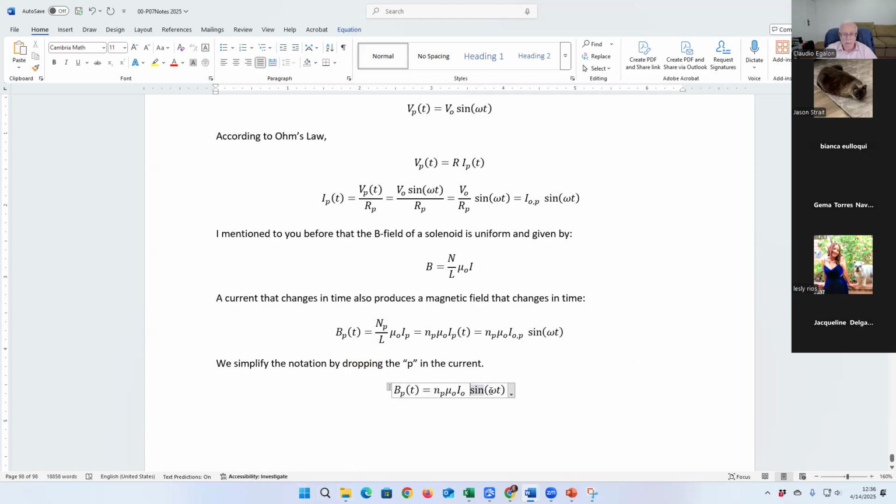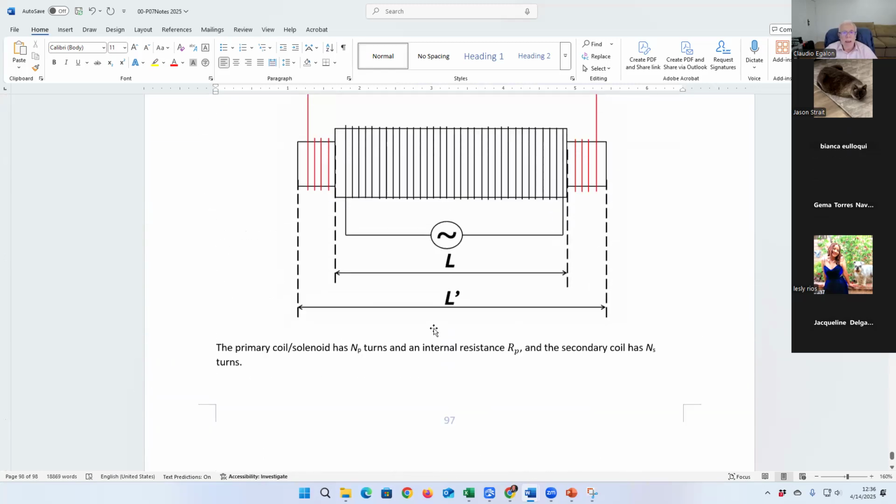The current. What else? Okay. Now that we got the magnetic field of the first coil, let us get the induced voltage of this primary solenoid or coil. Okay, the induced voltage, all you have to do is to apply